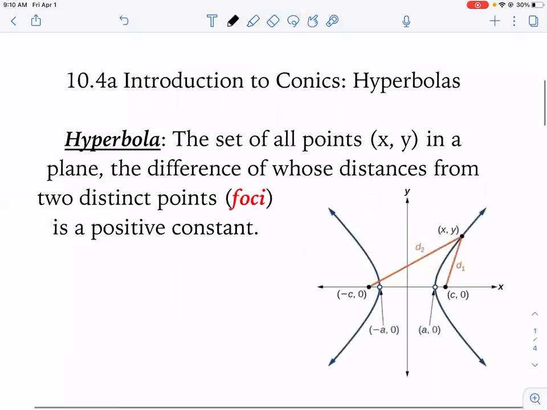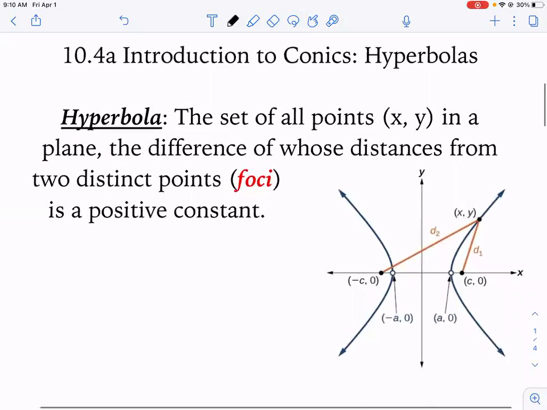All right, so our geometric definition of a hyperbola. Let's just talk through it before you start writing it down. So pencils down for a moment. Just listen. So here's a hyperbola. It's two curves facing away from each other, okay? And every point on this curve